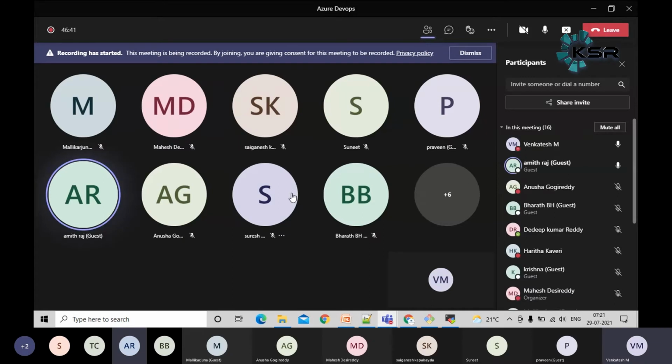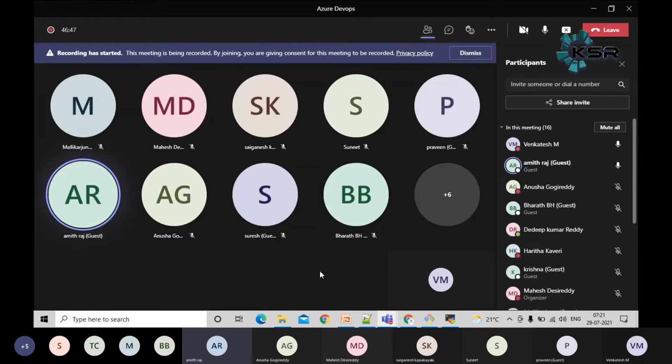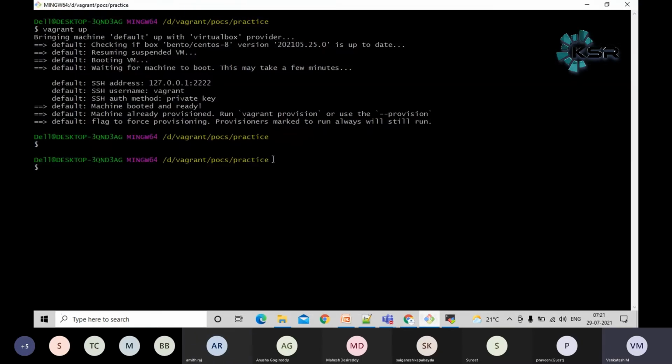Hi, Venkatesh. Good morning. Yes, Amit. Regarding this Sonar, did you start it in a Linux machine or on localhost on the laptop itself? No, I'm not installing anything on the laptop, especially the Windows machine. Whatever I'm performing, I'm creating a VM using Vagrant and Oracle VirtualBox.